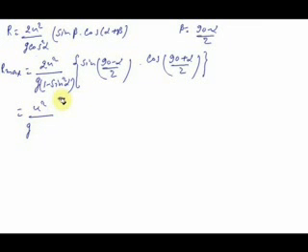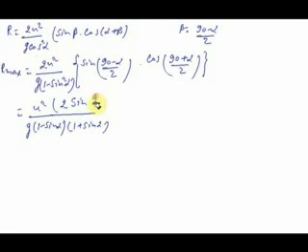So we have u square by g into 1 minus sin square alpha, which we can write as 1 minus sin alpha into 1 plus sin alpha, and here we can write it as 2 into sin 90 minus alpha by 2 into cos 90 plus alpha